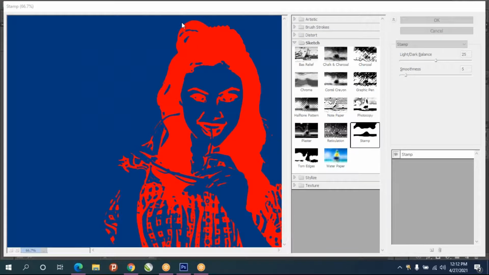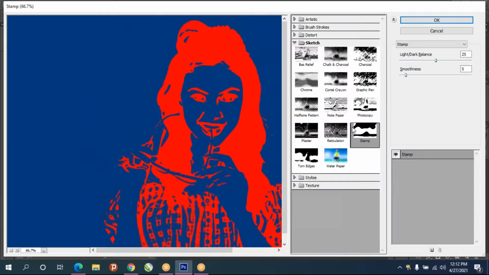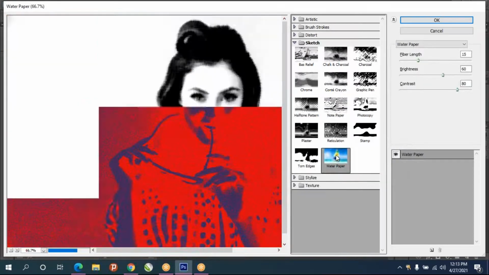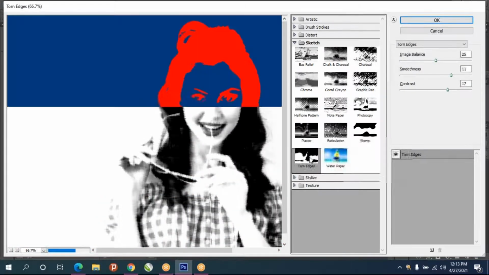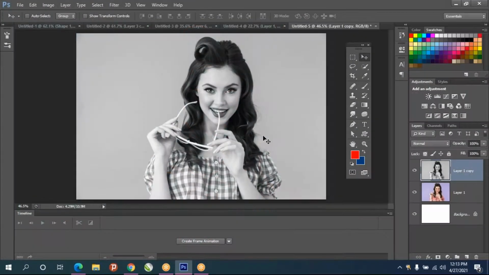So that is the problem. But when you are working in grayscale mode, it looks totally different. Or else you change these two colors to black and white.